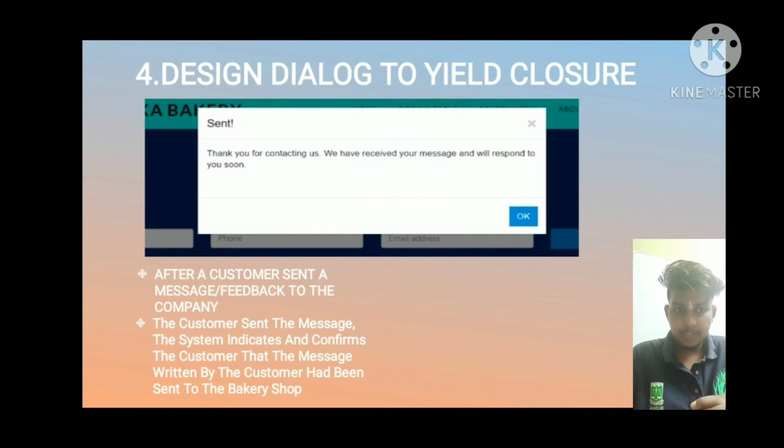Once the customer sends the message, the system confirms to the customer that the message written by the customer, which means the feedback, has been sent to the bakery shop. So the fourth rule has been applied in our website.